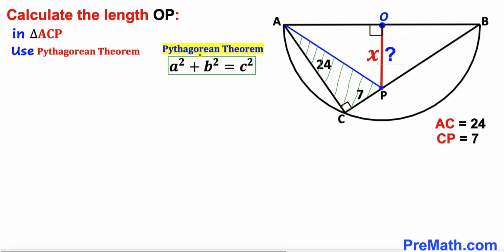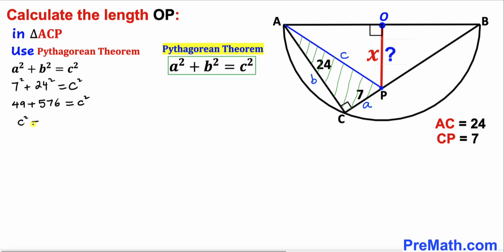Here's our Pythagorean Theorem: a squared plus b squared equals c squared. Let me call this side a, this side b, and this longest side c. Let's fill in the blanks. a in our case is 7, so we get 7 squared plus 24 squared equals c squared. 7 squared is 49, plus 576 equals c squared. So c squared turns out to be equal to